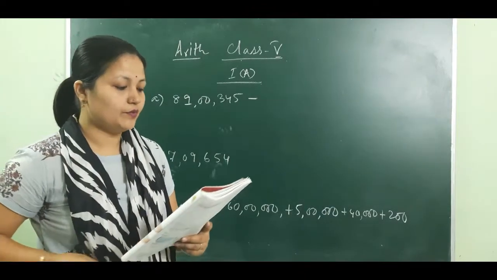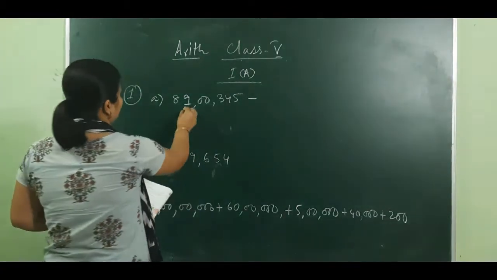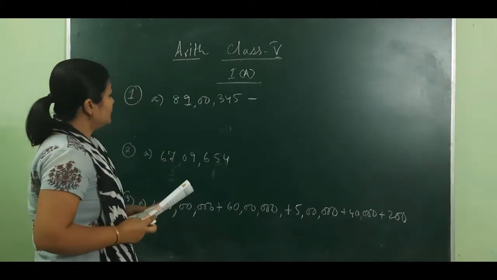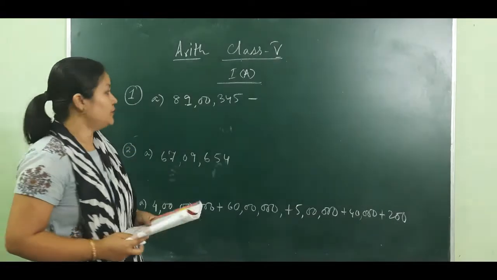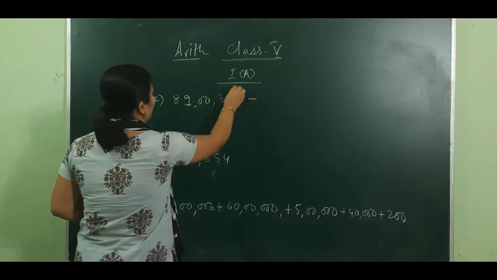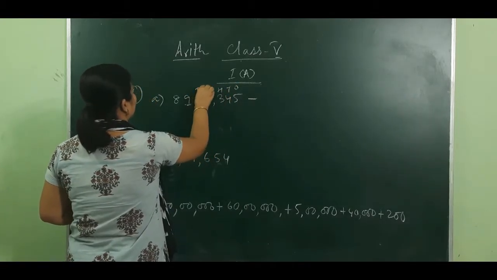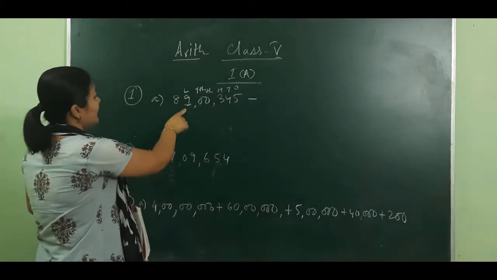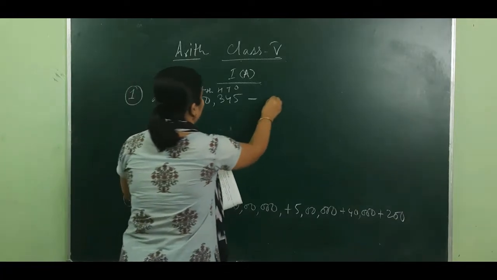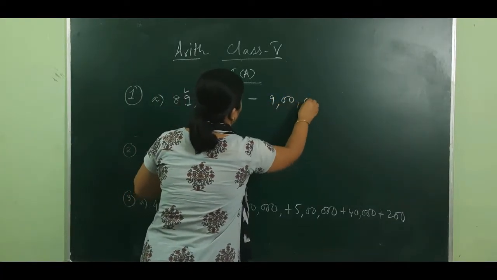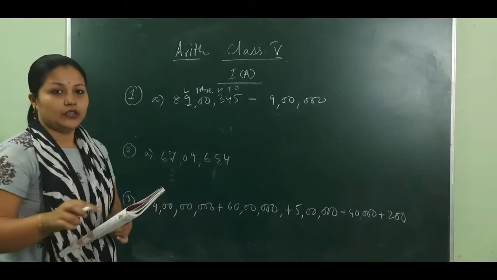Exercise 1A, first question is, give the place value of the underlined digit. We have to write the place value of this number, as I have shown you how to take out place value. So here again I will show you. See here: ones, tens, 100, 1000, 10,000 and lakh. So 9 is sitting in the lakhs place. So the place value of this number is 9 lakh. Okay, this is the answer. And the remaining questions you can do yourself.